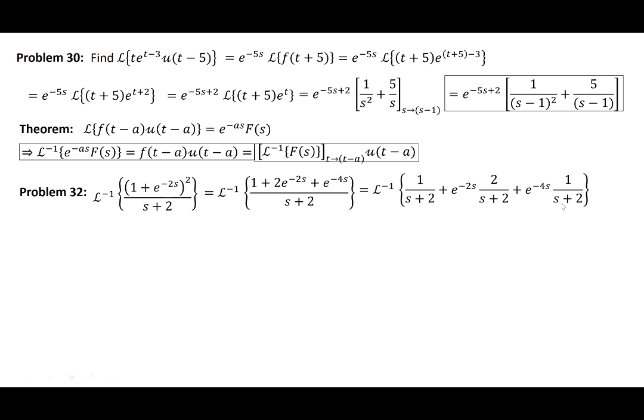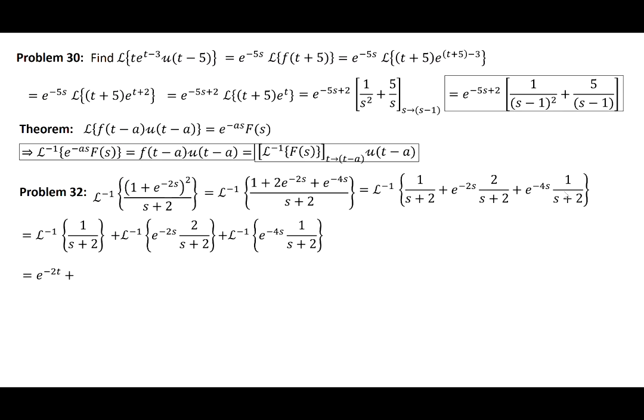So what about this guy? Well, it also looks like e to the negative as f of s. A happens to be 4 here. F of s is 1 over s plus 2. So would you agree? All we need to do is find the Laplace inverse of 1 over s plus 2, apply a shift of t shifted by t minus 4, and multiply by u of t minus 4. That's it. So this plus this plus this, right? The first one, like I said, is simply e to the negative 2t. And here,